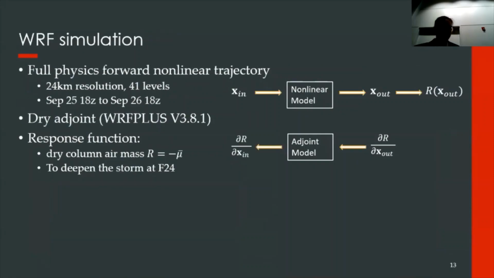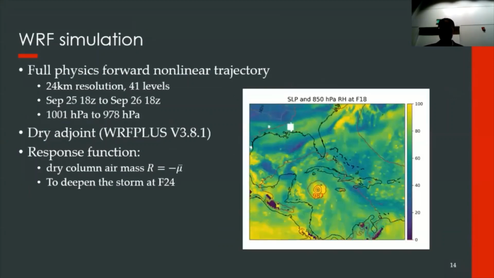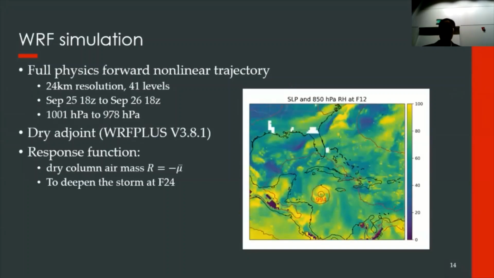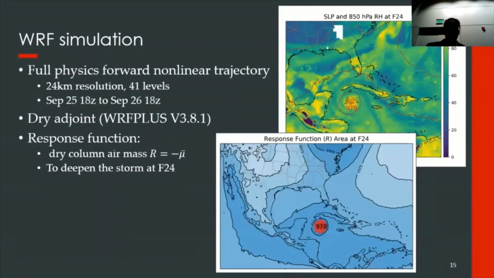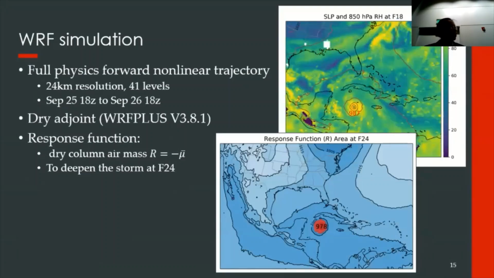We used the WRF simulation to do the forward run in 24 kilometer resolution and 41 vertical levels in our time of interest. And the adjoint is carried out by the adjoint WRF, which is called WRF Plus. In the forward run, the storm deepened from 1,001 hectopascal to 978, which is quite similar to what we have in the real world. And we define the response function here as the dry column air mass in this red